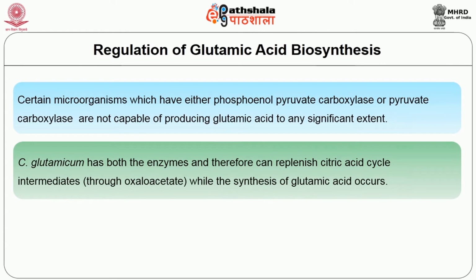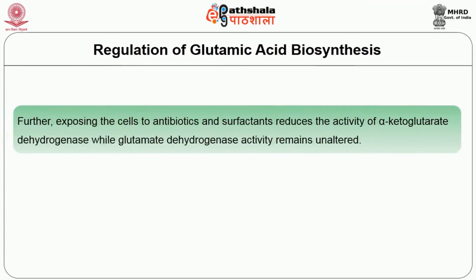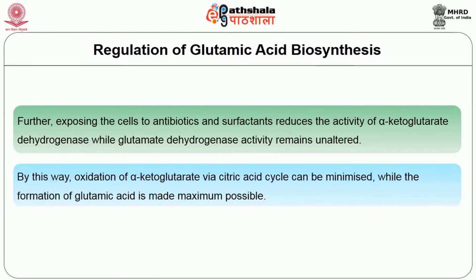Another key enzyme that can facilitate the optimal production of glutamic acid is alpha-ketoglutarate dehydrogenase of the citric acid cycle. Its activity has to be substantially low for good synthesis of glutamic acid, as is the case in Corynebacterium glutamicum. Further, exposing the cells to antibiotics and surfactants reduces the activity of alpha-ketoglutarate dehydrogenase, while glutamate dehydrogenase activity remains unaltered. In this way, oxidation of alpha-ketoglutarate via the citric acid cycle can be minimized, while the formation of glutamic acid is